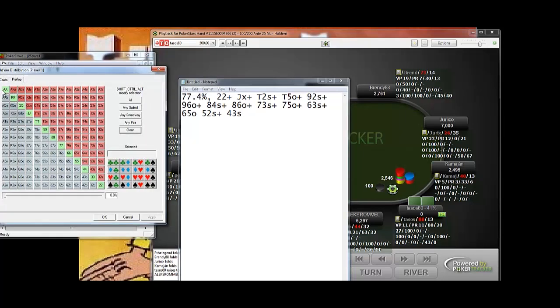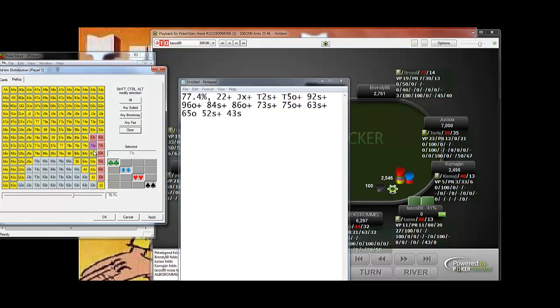So I'm going to give him 2s plus. And we're just going to see how Queen 10 suited does against that range. And we're going to give him Jack X plus. So of course all aces. Let's just say what he doesn't have. Should be quicker. Okay, so all suited 9s up to ace 4 suited, 7-3 suited, and 6-3 suited, 5-2 suited, and 4-3 suited. Okay, and then the offsuits, we're going to do it down to 6-5 off,